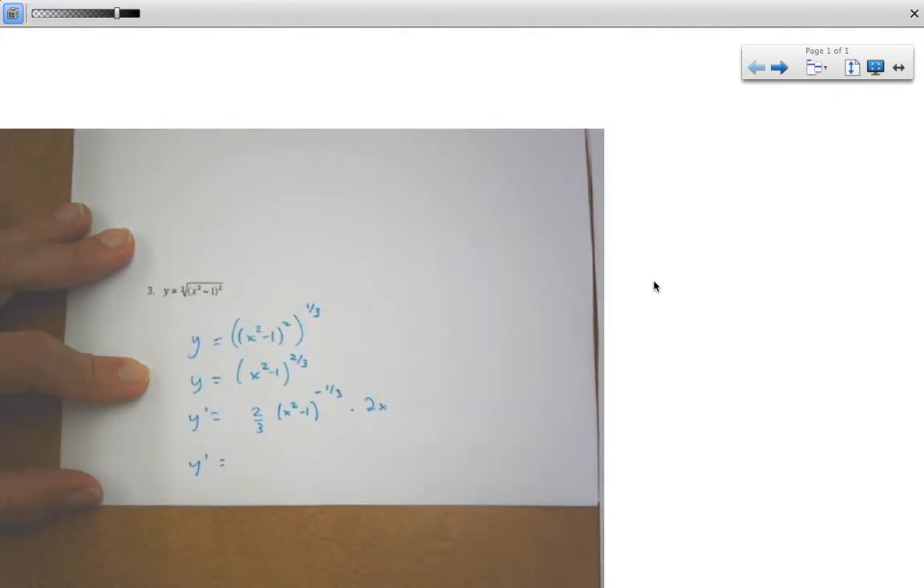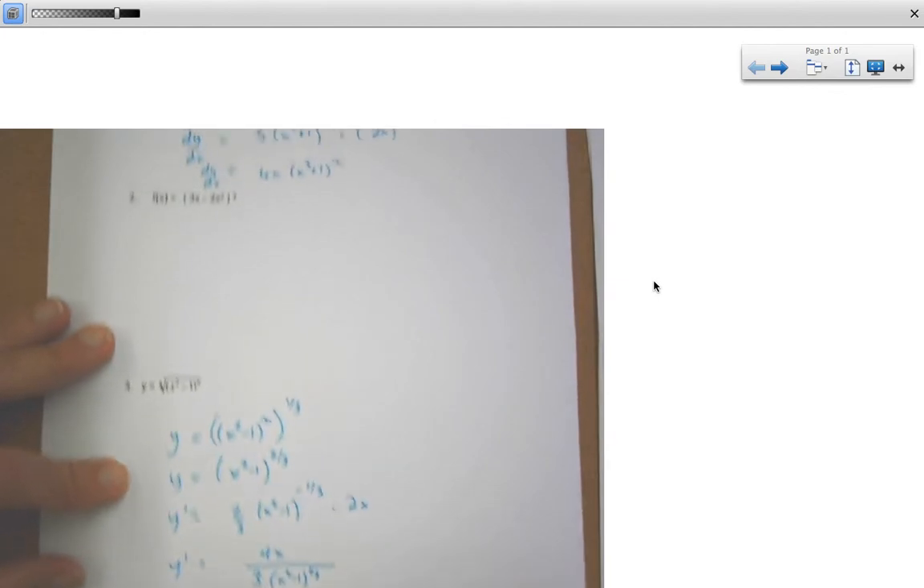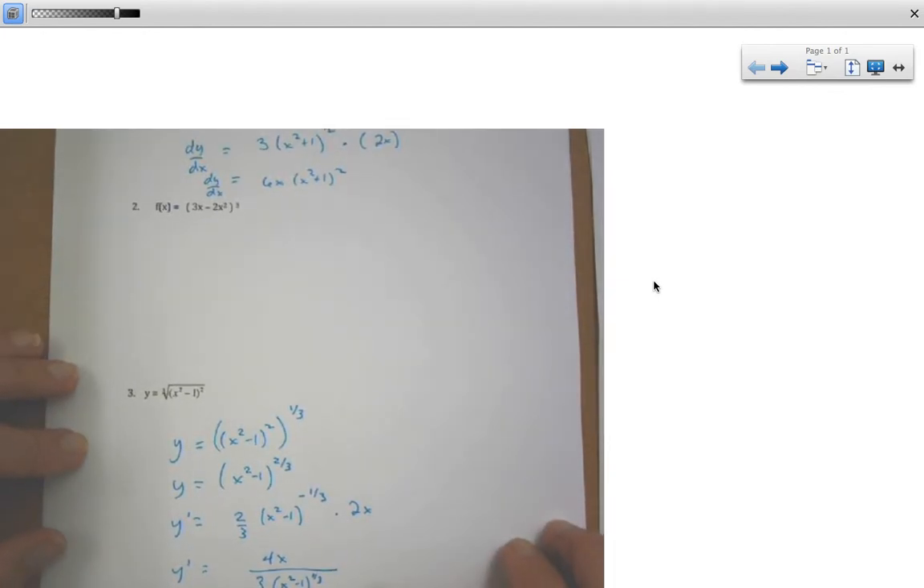We can't leave it looking like that. We're going to simplify it. So that's 4x over 3 times x squared minus 1 to the 1/3. All right, so be ready on Monday to discuss